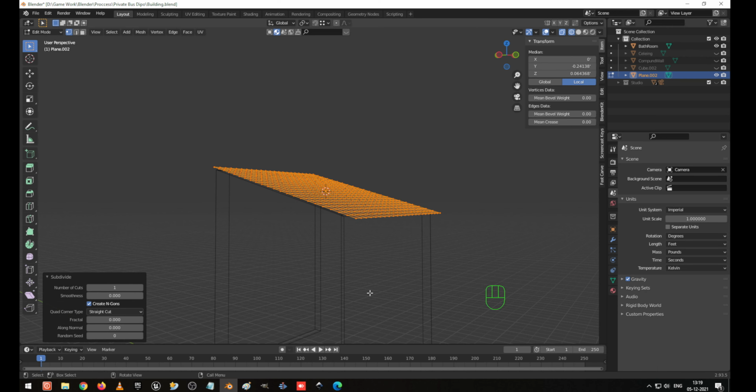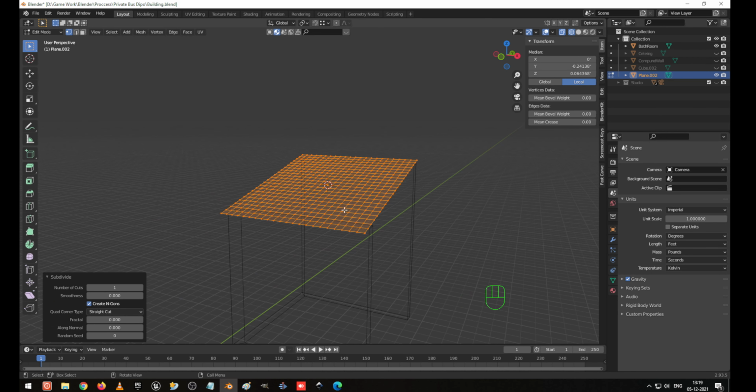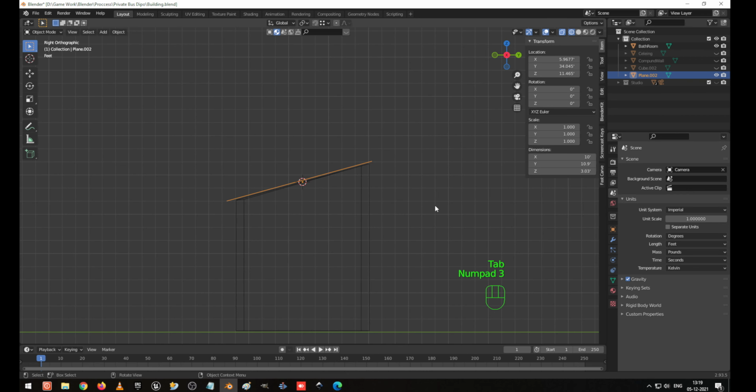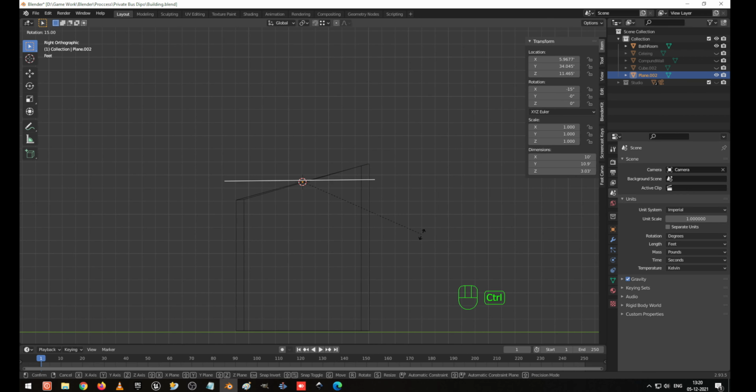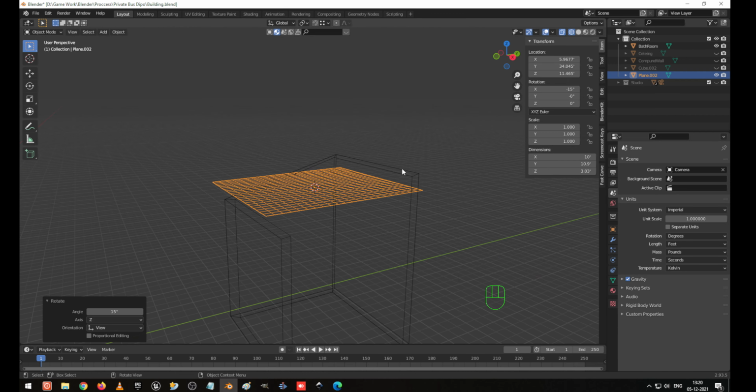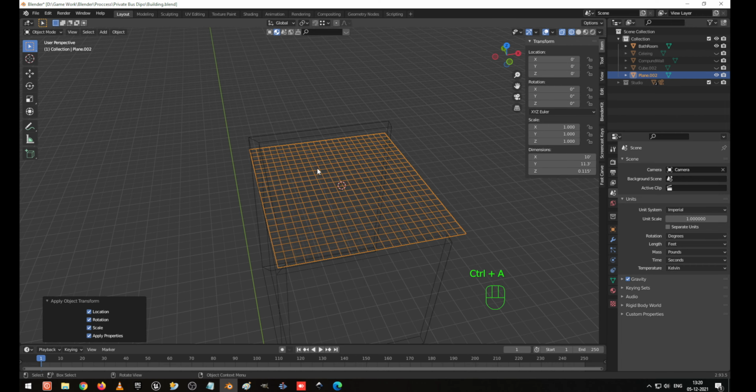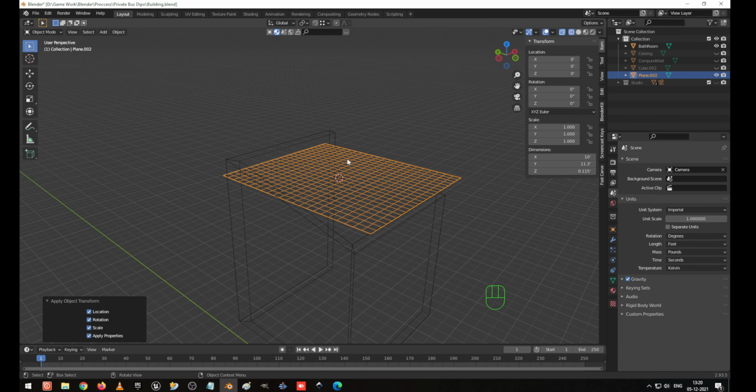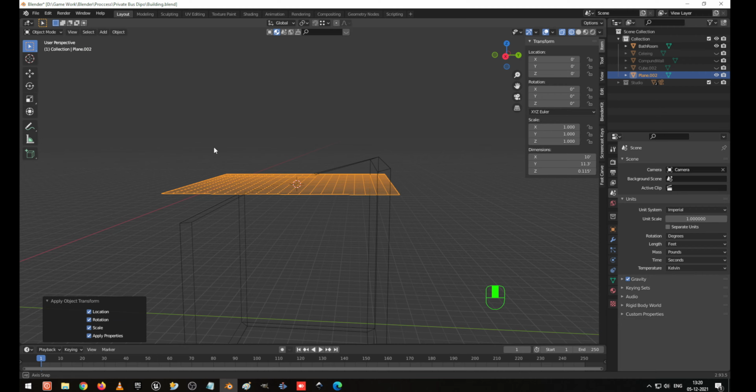Before sliding, we have to do one more thing. So I go to the front view, rotate it, rotate it normal. So I press Ctrl A, apply all transform. Okay. So because this opacity is a little bit low, we have the shape ready.